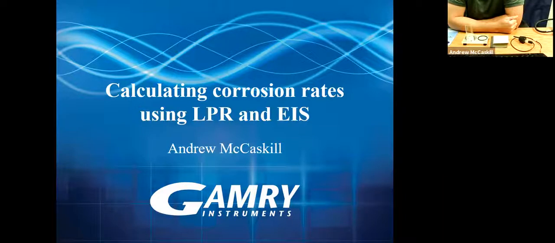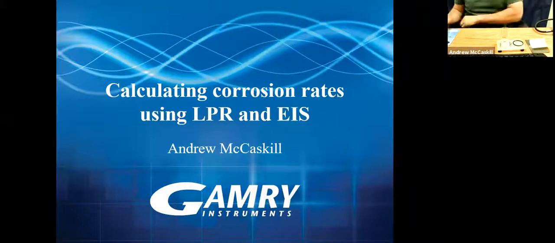There are 2 different techniques, but at the end of the day, the actual experiment isn't too different from one another. Both of them involve making a small perturbation relative to the open circuit potential and monitoring the current. At the end of the day, it's 2 different experiments, and hopefully we can converge on a similar result for